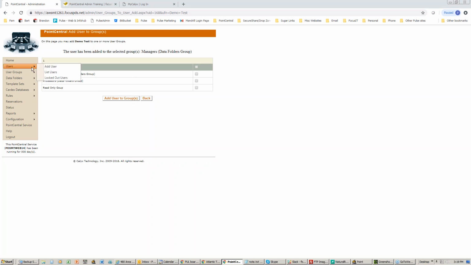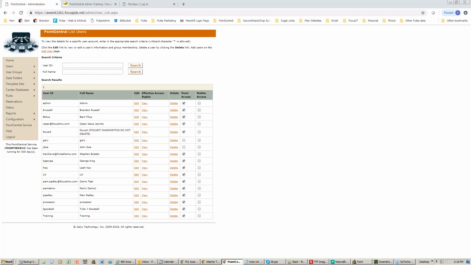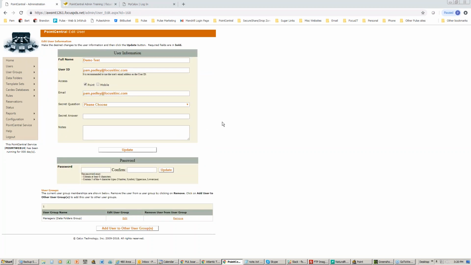So basically what you need to do again is come back over to Users and go to List Users and simply go down and find the user that you set up and simply edit it. And when you do, it will open the screen back up that we were just on. It'll show you all the same information, but it will also show you that it has definitely added your particular